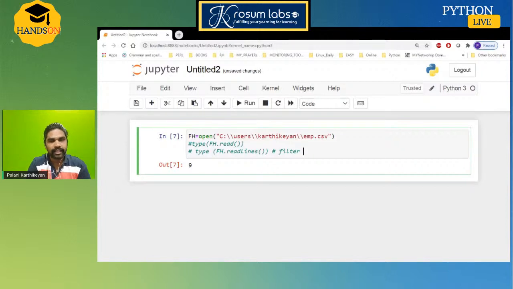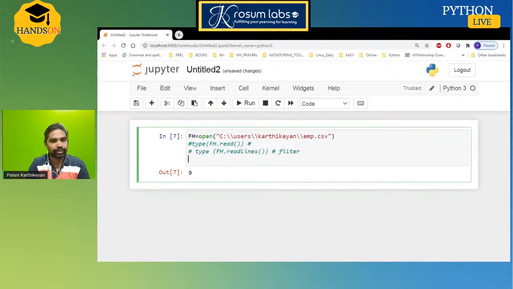The reason is list supports indexing and slicing, and it's element based. The same indexing and slicing we can also use in a string, but it is character based. If I want to read the whole file content in a single step, we can go ahead with this way. If I don't want to read the whole file content, and want to read line by line or do some filter processing, then we can achieve that this way. So first we'll follow with read, then we'll move to write.